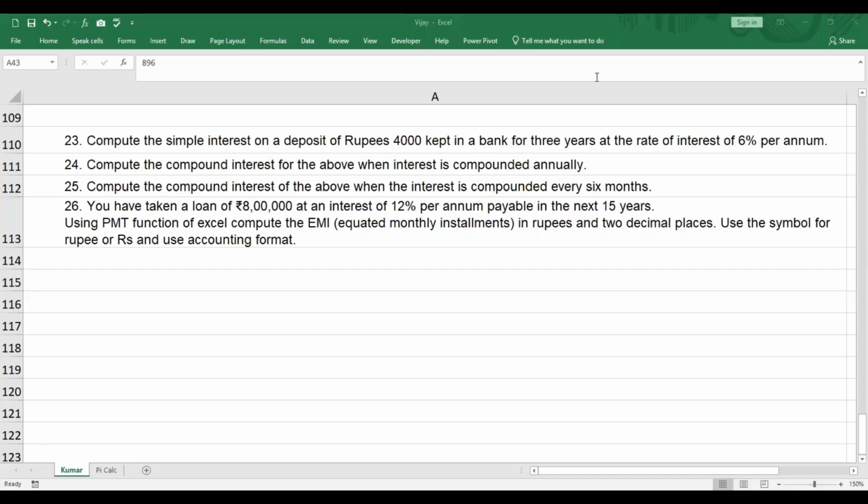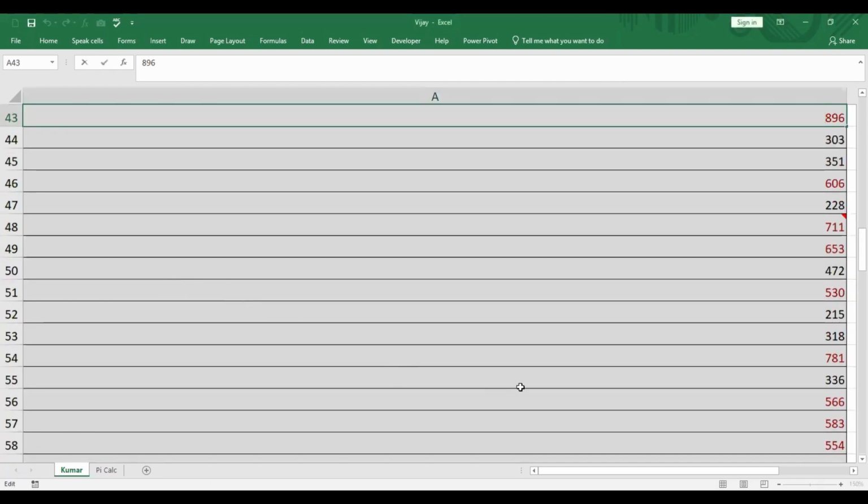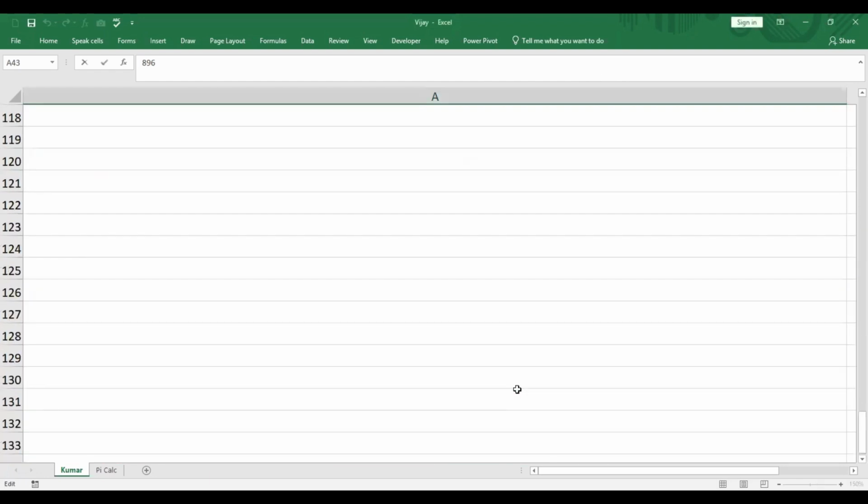Basic Excel for semester 1, part 3, question number 23. Compute the simple interest on a deposit of 4,000 rupees kept in a bank for 3 years. The rate of interest is 6% per annum. The formula for that is